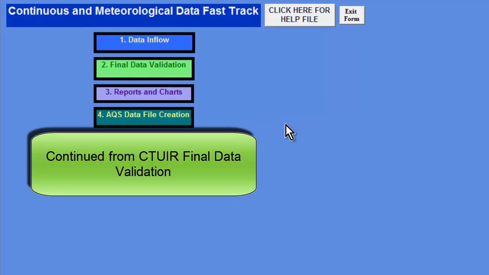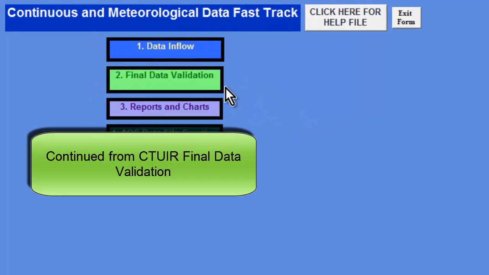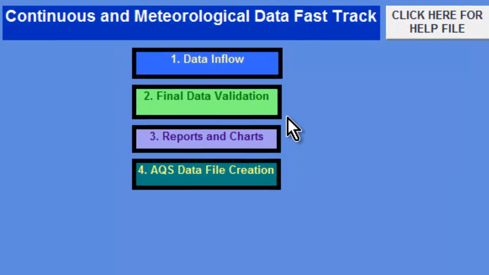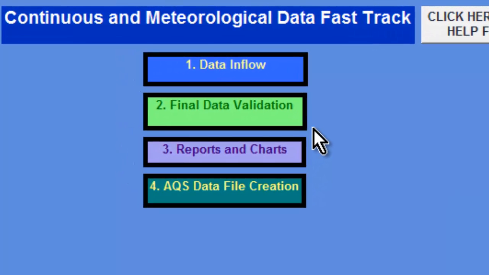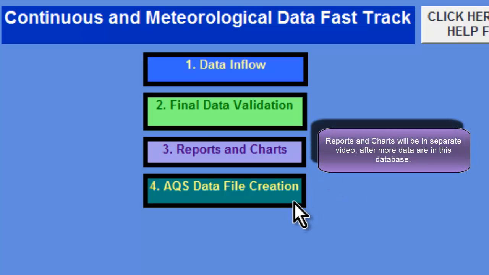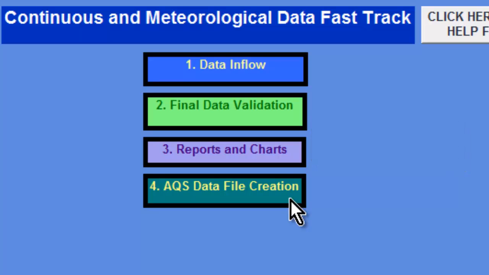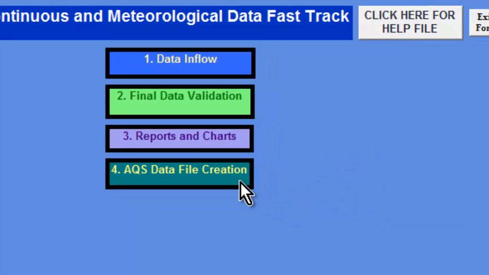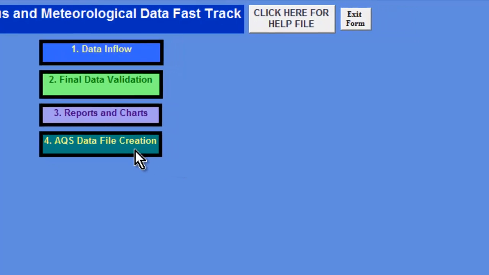When you have data in the toolbox, you've finished final data validation, and you've assigned null value codes to every data record or hour of data that you don't want reported to AQS, then you can go down to AQS File Creation. Now, if you haven't entered your AQS codes into the toolbox, just as you would for any data logger, for example, that formats data into AQS format, the first time you click this, you're going to